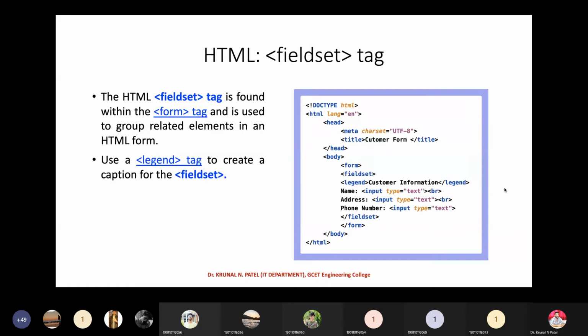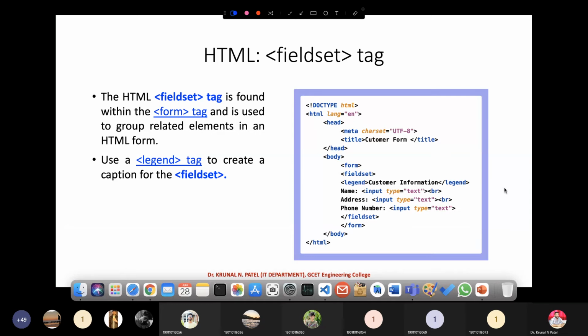Okay, now let's go for fieldset. So what is the meaning of fieldset? You can see over here that after a form, we have defined a fieldset.